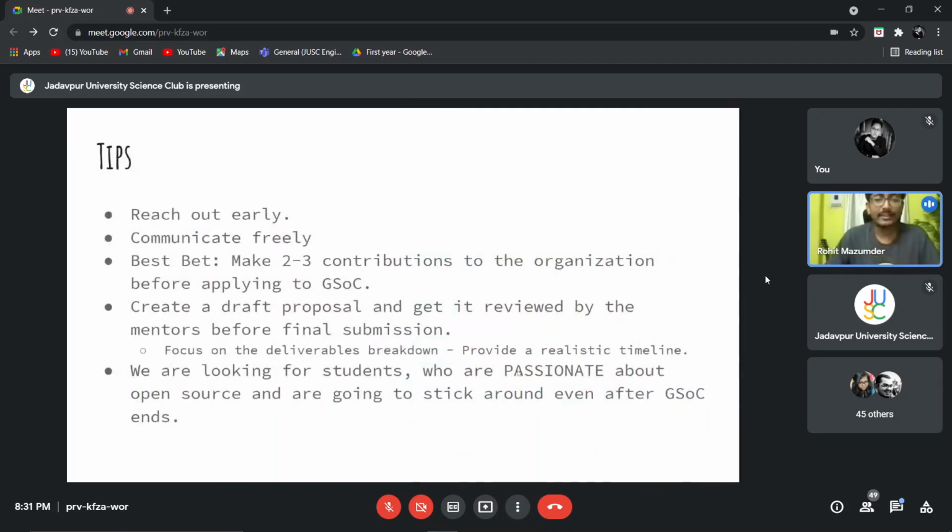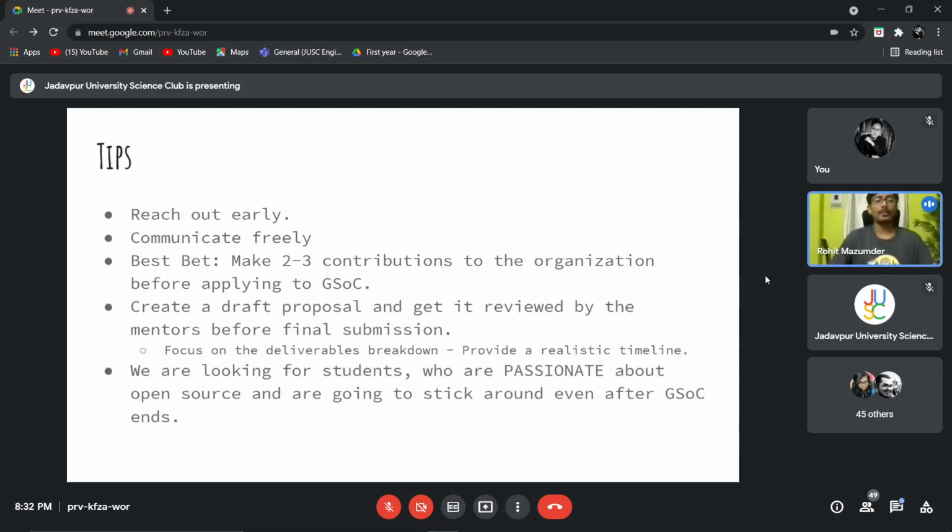Yeah, so these are some tips from a mentor at Google Summer of Code. Number one is reach out early. This is very important. As you have seen, the Google process begins around January 30, and the organizations are announced close to March. And 50% of those students who are selected in the Google Summer of Code reach out to us very early. They reach out as early as the 3rd week of December or the 2nd week of December. They start talking to us, saying, hey, I want to participate in your organization if your organization gets selected, and stuff like that. So try to reach out to the organizations early.